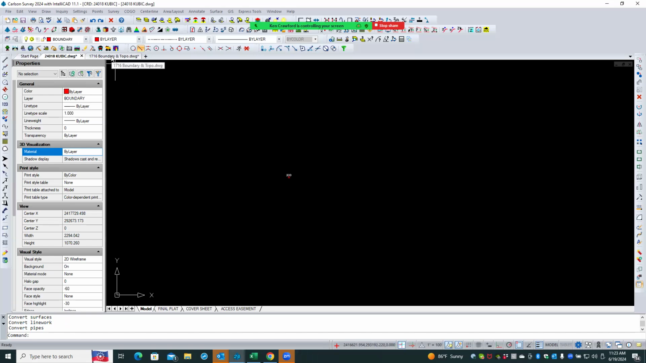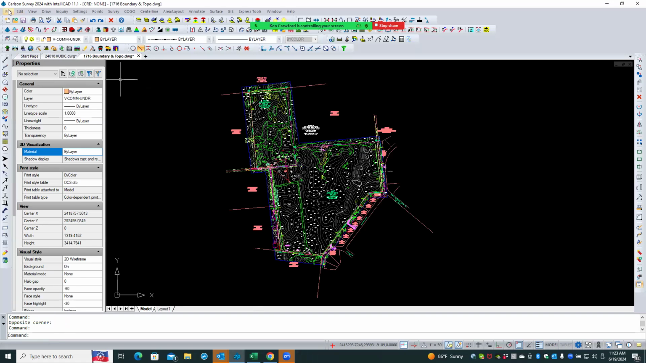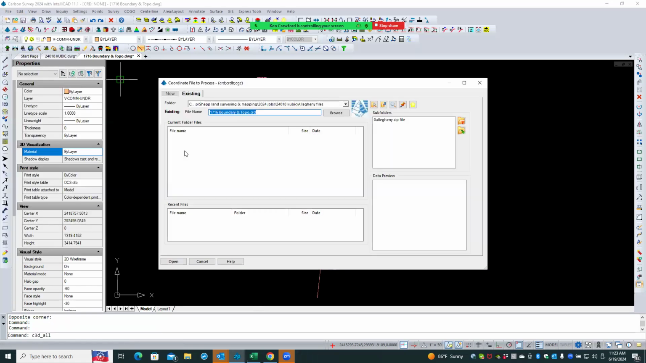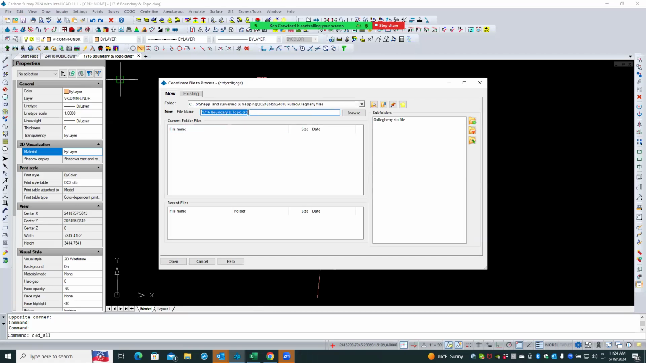No, apparently not. Let's try it under this one and see if that finds anything. Import Civil 3D. Coordinate file. So let's just call it a new one called cubic, except let's put it in here. Cubic from,